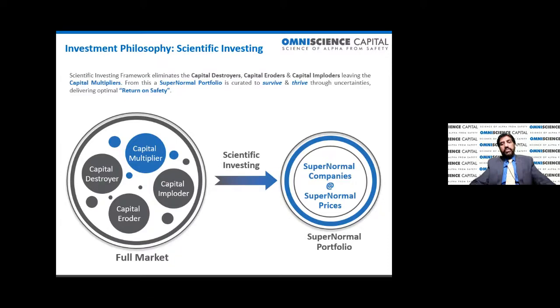Third is capital imploders. These are typically very high quality companies, strong balance sheets, good business, but since everyone in the market is highly knowledgeable about them, it gets overvalued. A lot of times it goes into a bubble. And you don't want to be invested in those companies. A lot of people chase them and get into them because quarter after quarter they seem to be doing very well, and people say, oh, I have to pay up for this because this is a very high quality company, and if you don't, you will be sitting out and missing all the action.